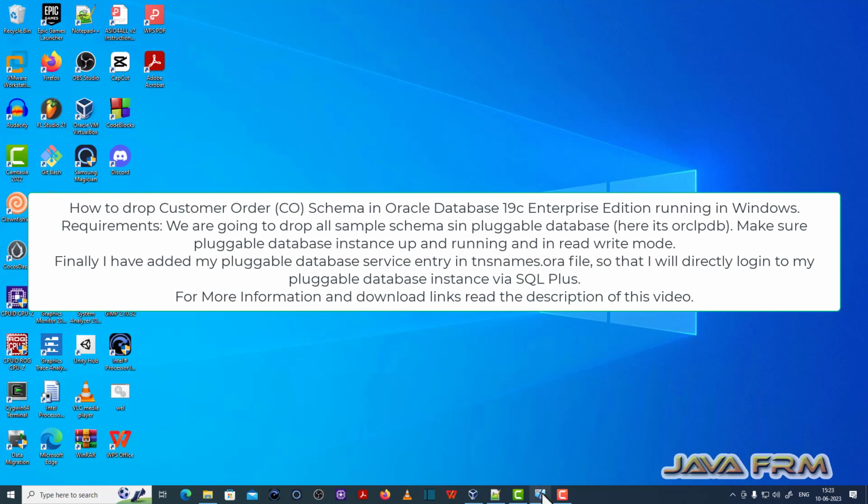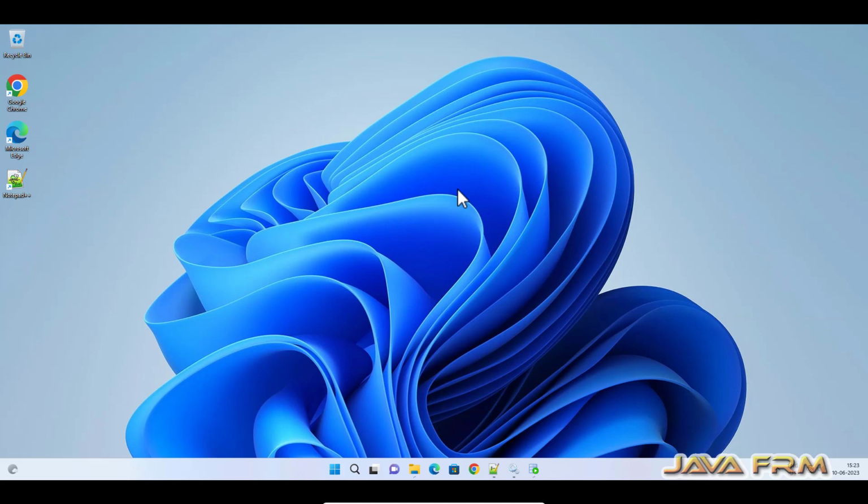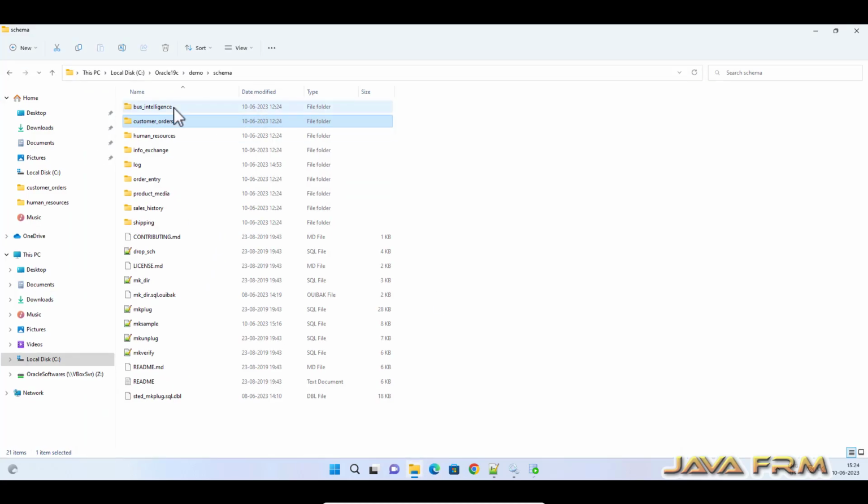Welcome to Java Forum. Now I am going to show you how to drop the customer order sample schema, which is running in Oracle Database 19c Enterprise Edition. The customer order schema does not have a script included in drop_sh.sql. So we need to drop